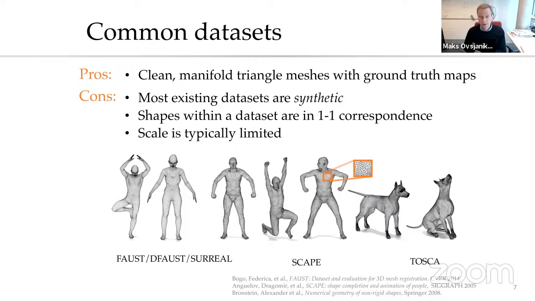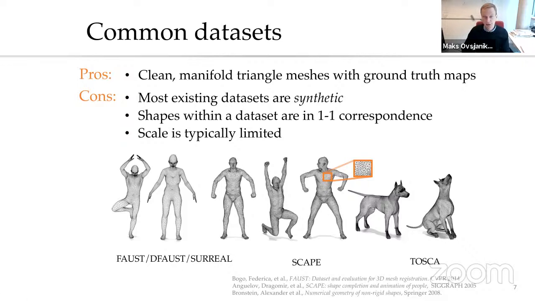But on the other hand, you have to be very careful because, first of all, these data sets are synthetic. And what that means is that these are not individual scans, but they're typically templates fitted to a particular shape. So basically all the shapes in the collection are in one-to-one correspondence. And indeed, even the vertex IDs are typically ordered. So basically, vertex 10 in shape 1 corresponds to vertex 10 in shape 100.